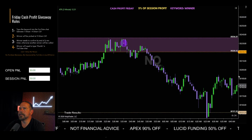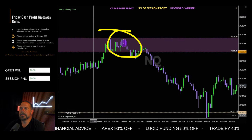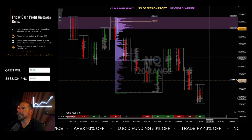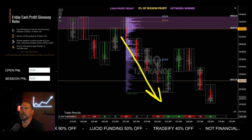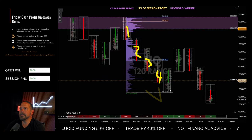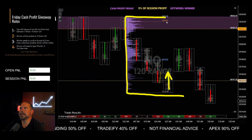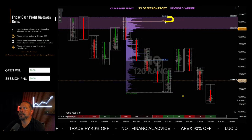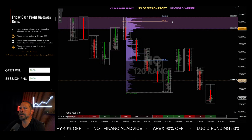And you can see here, seller stepped in pretty strong right there. And if we kind of go and map it out, here's your AVT setup. So we had 1, 2, 3, 4 down candles. We had our retracement candle right here, fixed volume profile tool. Our value area is actually pretty small right over here, value area high, and this is kind of the area that I'm looking to